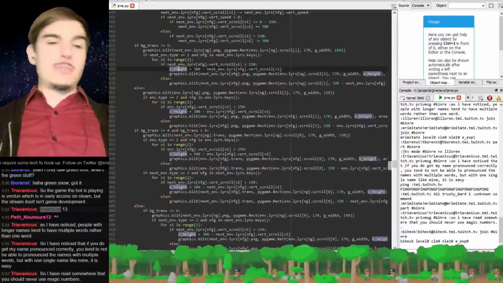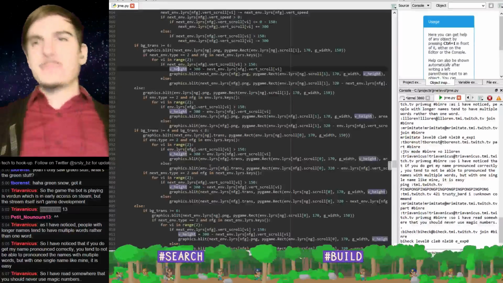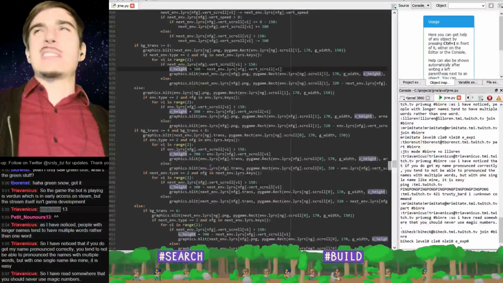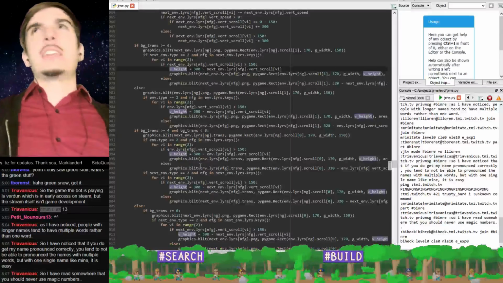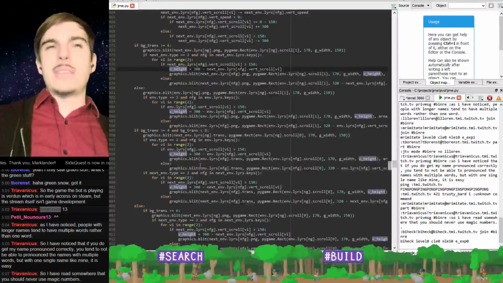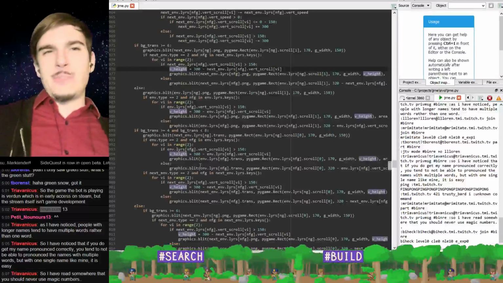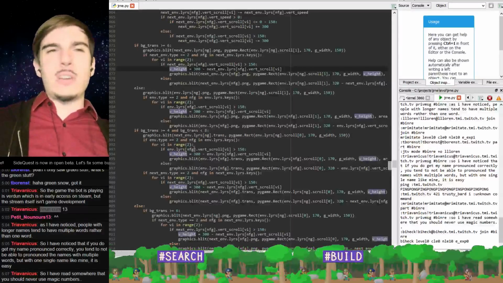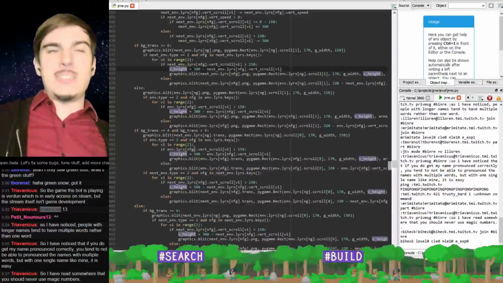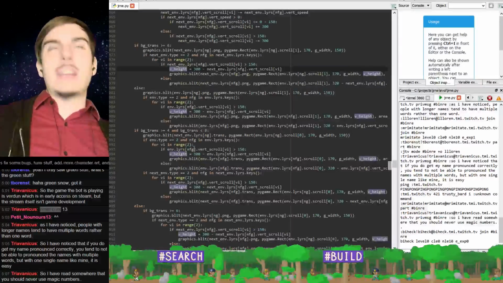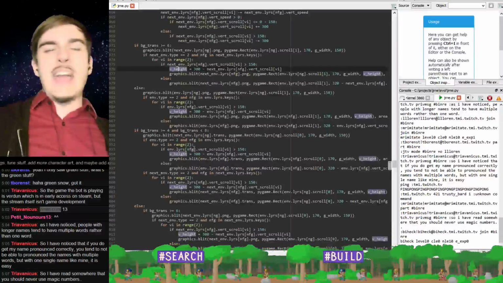The only time I use a magic number, hey, it's vent time. The only time I use a magic number is if I ask for a number from a system and it gives me a weird arbitrary scale that I don't understand. The only time I'll put in a magic number is if I'm getting a number that doesn't make sense to me and I need that number to make sense.